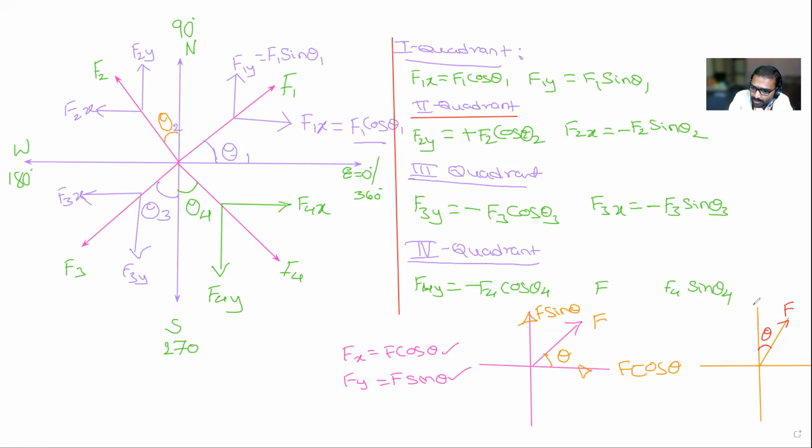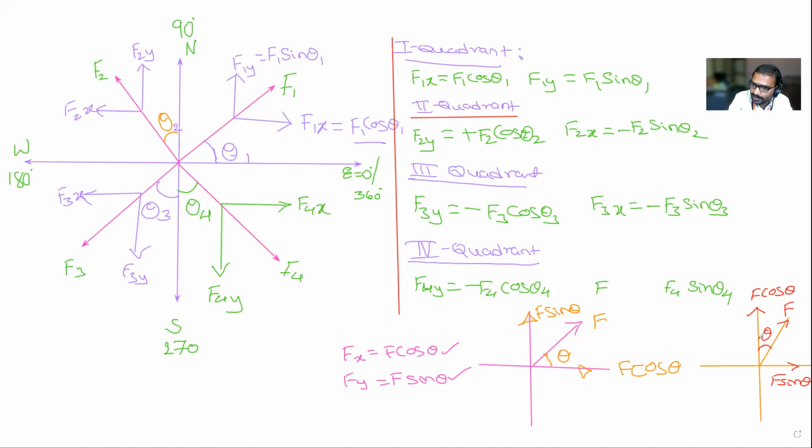Vertical. So for this, what vertical component do we take? The vertical component is F cos theta. Then what horizontal component do we take? F sin theta. Whenever theta is given, the component in the direction of the angle is cos theta,